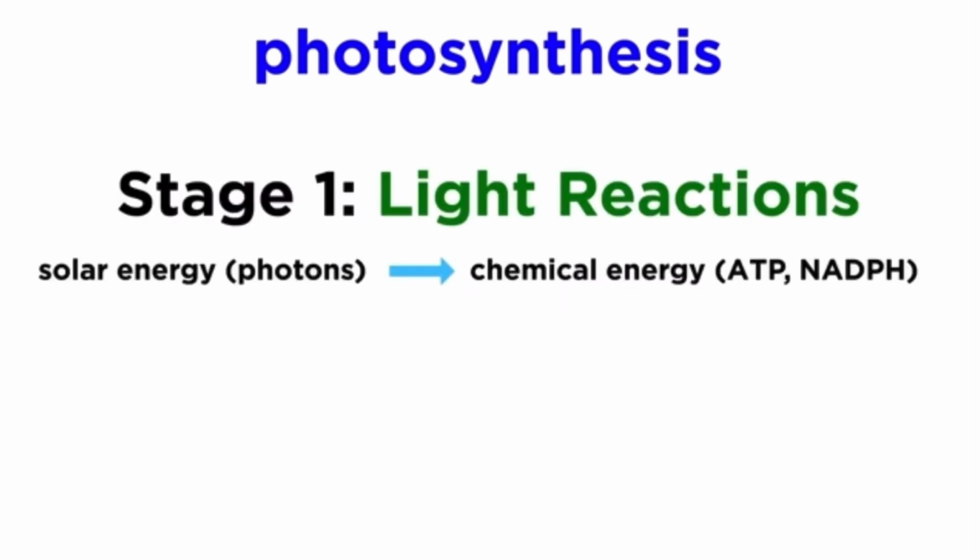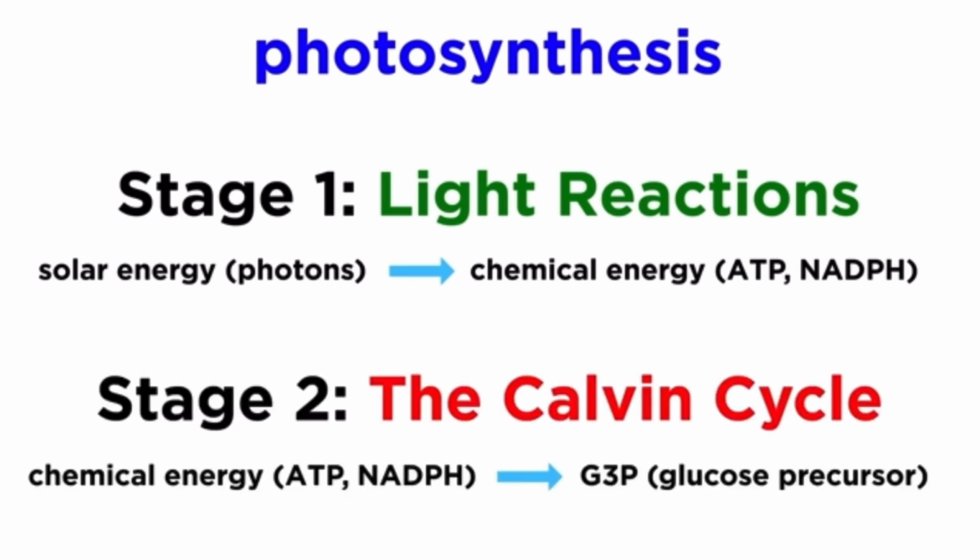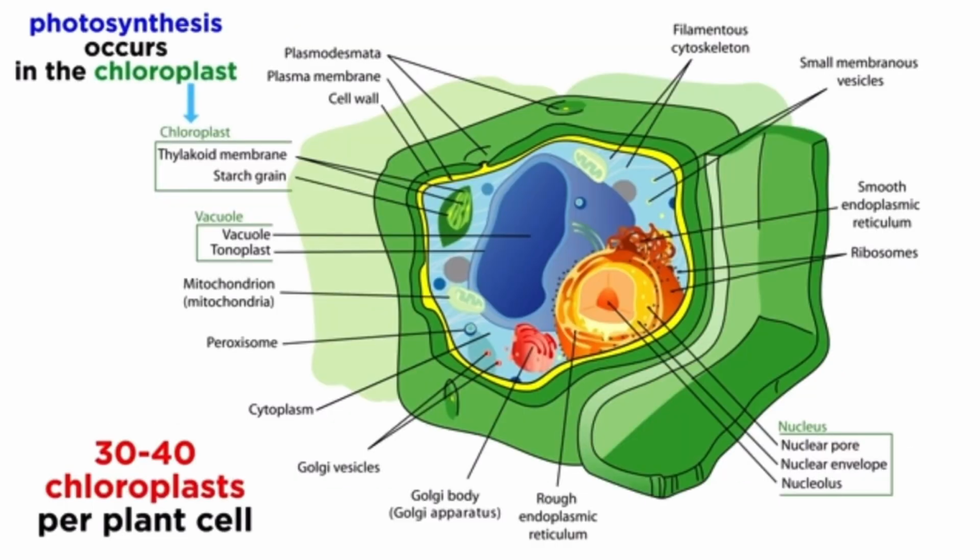Let's learn about how photosynthesis works. Photosynthesis consists of two stages: the so-called light reaction, in which solar energy is converted into chemical energy, and then there's the Calvin cycle, which uses chemical energy to build G3P, the precursor to glucose and other molecules found within the cell. Both of these stages occur inside one of the organelles found in plant cells, which are called